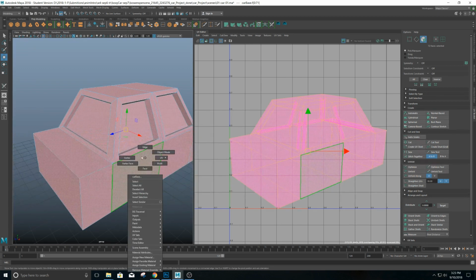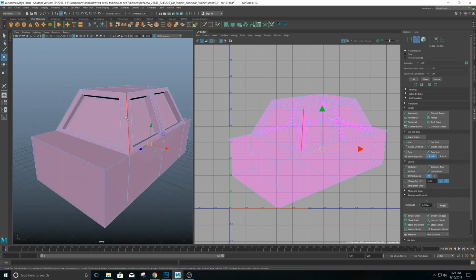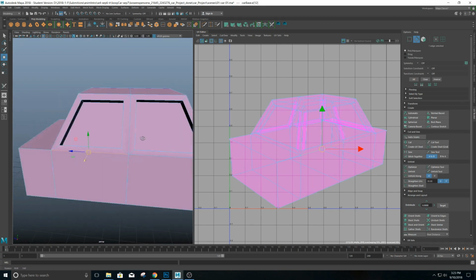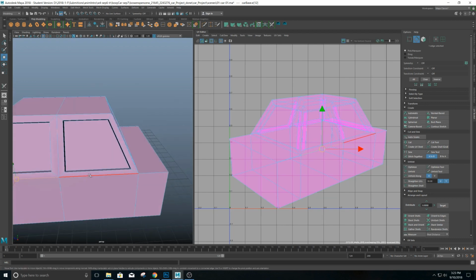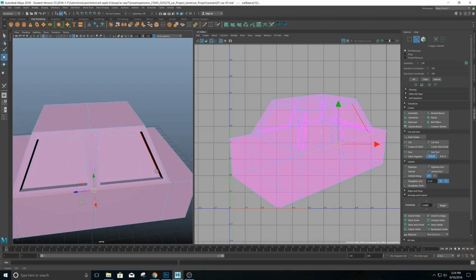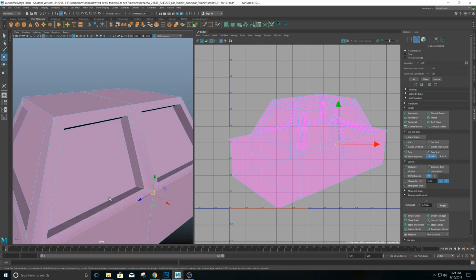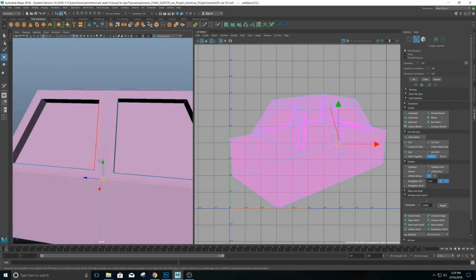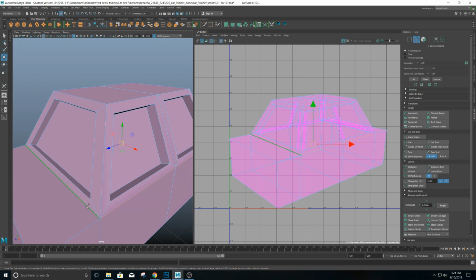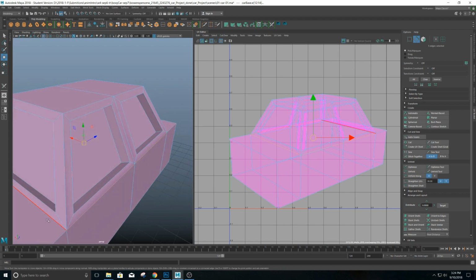So I'm going to start by separating the top and bottom part of this body of the car. So I'm just going to cut that. I'm going to go in and select the edges that are around. Double clicking in here is not going to get me anywhere because although it's an edge loop, it has this conjunction of like 4 edges going in, so Maya doesn't understand that it is an edge loop. So I'm just going to go in and select it myself, holding down shift. I'm selecting the edges,